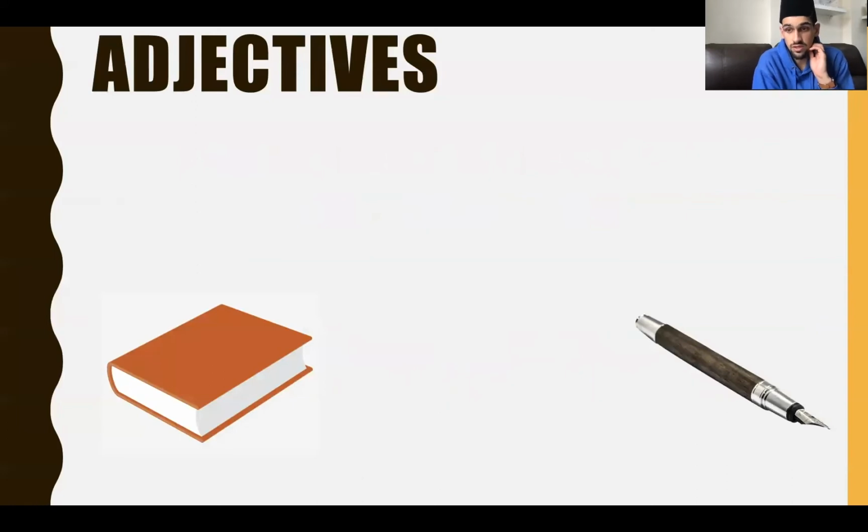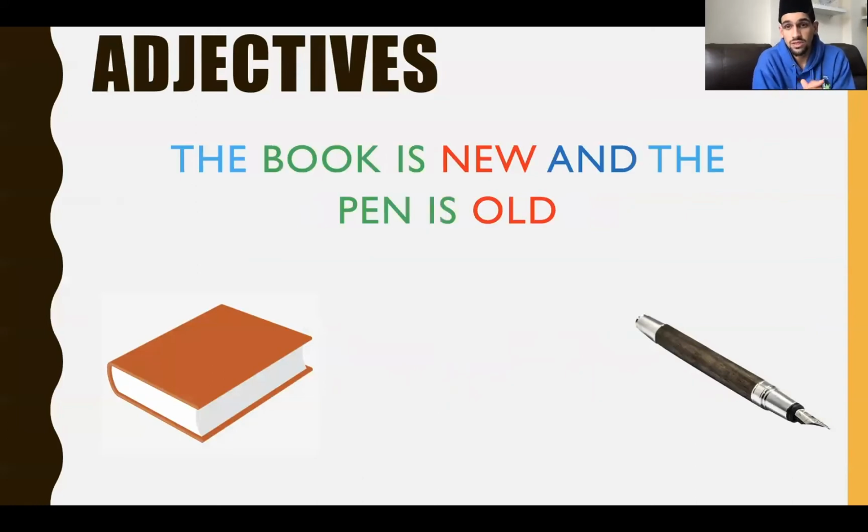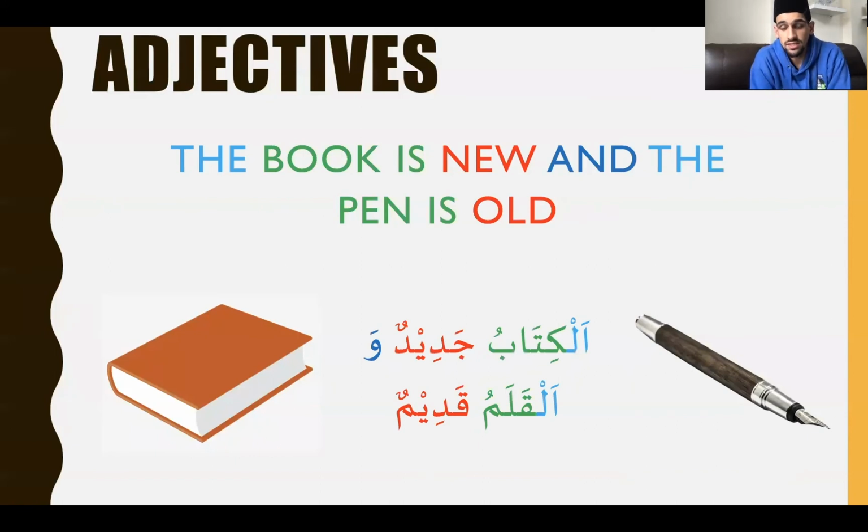More examples with using and. The book is new and the pen is old. So remember the word for pen is قلم and the word for book is كتاب. So now let's use all the things that we've learned, all the techniques, and try to apply them together and make a new sentence. So al-kitabu meaning the book, jadidun is new, al-kitabu jadidun, the book is new, wal-qalamu qadimun, and the pen qadimun